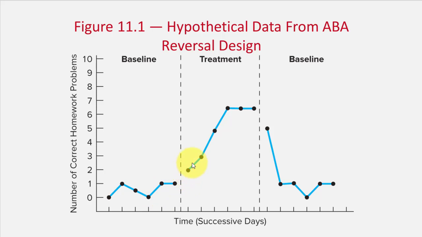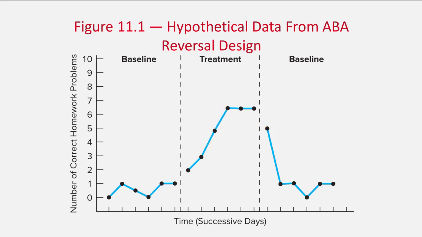And then we see another trend that starts to plateau during the treatment phase. And then once we see that pattern, we can go back to baseline and we see another pattern emerge, which is kind of like the first one, where there's a 0 to 1 number of problems correct trend. We would not want to create a reversal at this point because there is no stability in the data. It's going up. We don't see a plateau. So we want to definitely wait until we see a trend before we introduce the baseline, or before we change